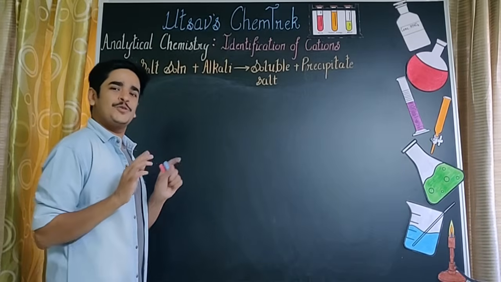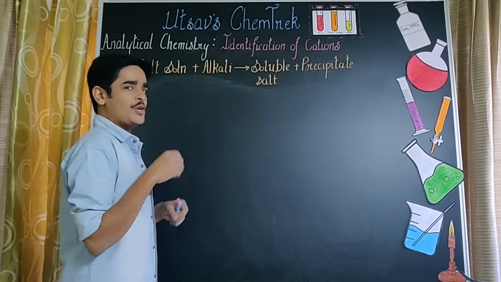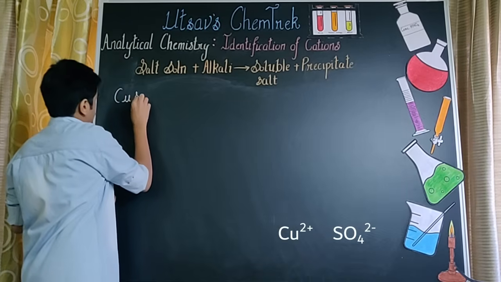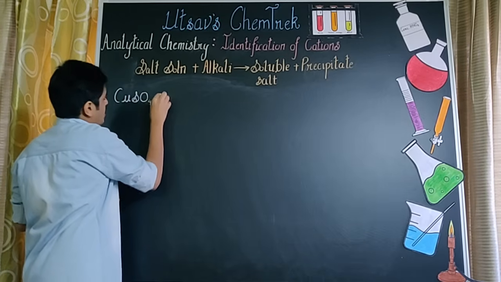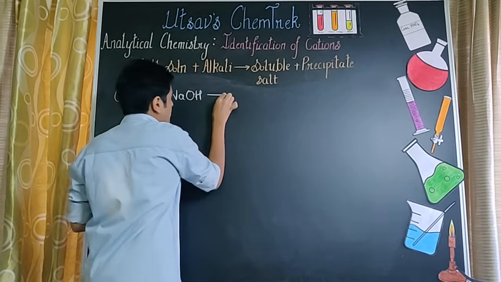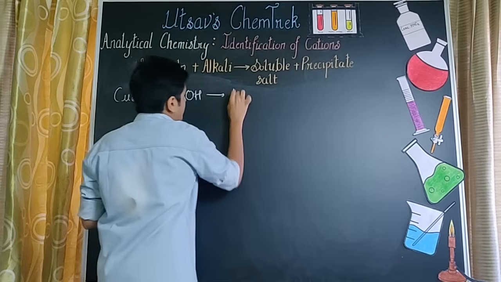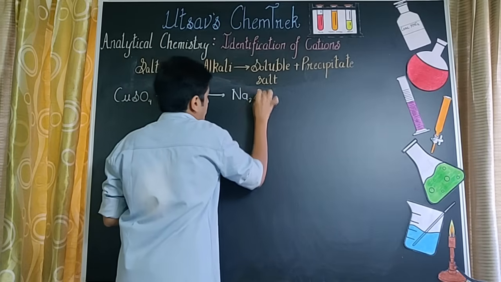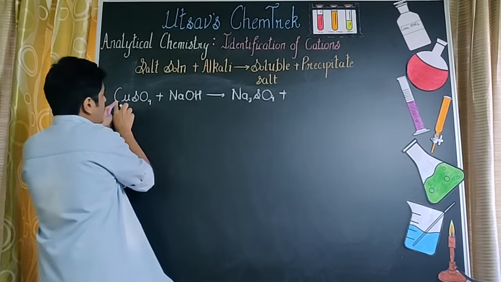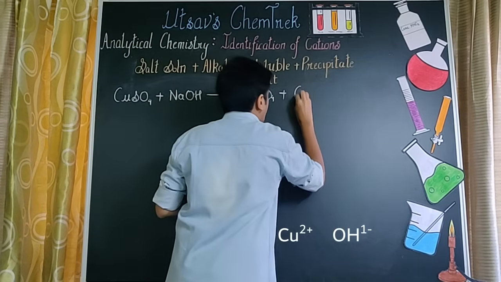And now it's time to represent them in the form of an equation. शुरुआत करते हैं with respect to copper sulfate. It is given as CuSO4. Let's add a small amount of sodium hydroxide drop by drop. Sodium goes with sulfate. I get a soluble salt, Na2SO4, that's sodium sulfate. After which I am going to get Cu(OH)2.